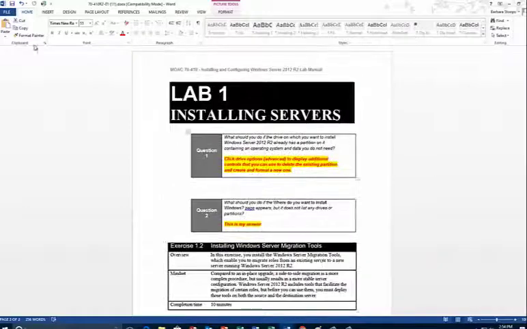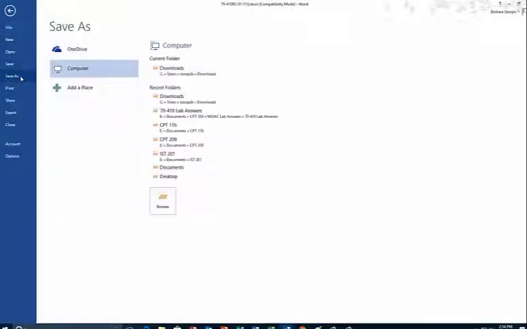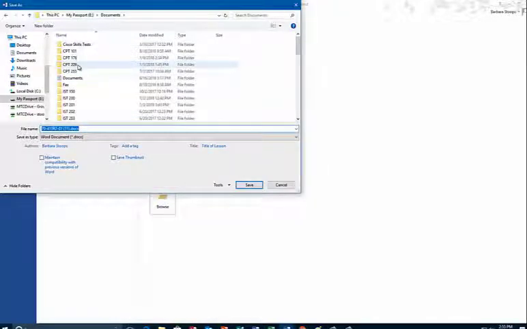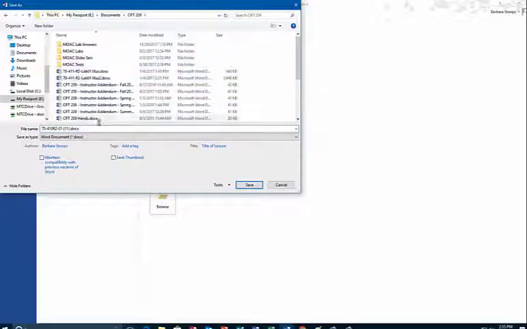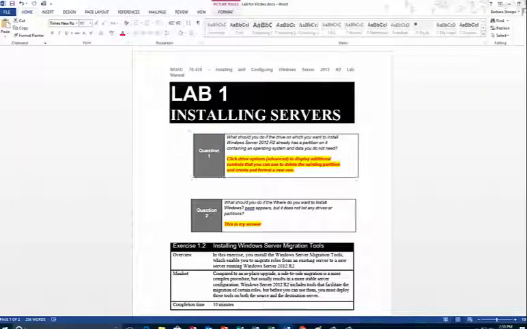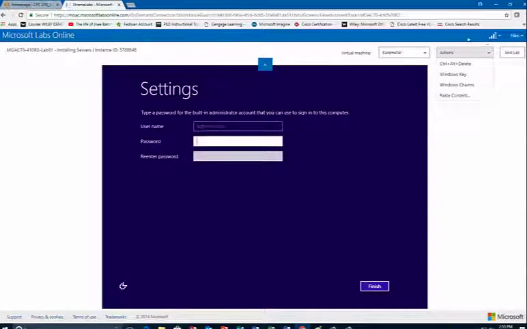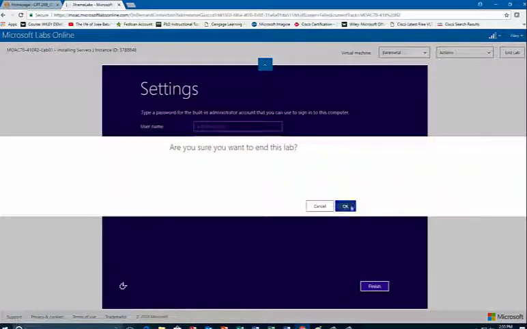Now, we're going to save this, and I'm going to save it in CPT 176, and you shouldn't, CPT 209 because this is a CPT 209 lab. All right, lab for Visio. Oh well, you know what I'm talking about. I'm going to click Save because now I'm going to close this out and I'm going to end my lab, say OK,